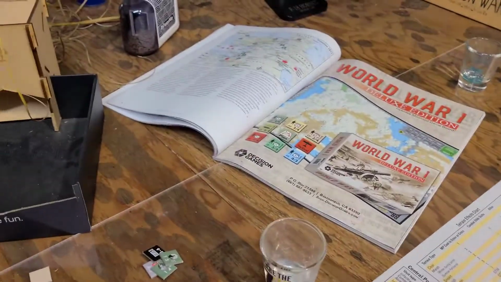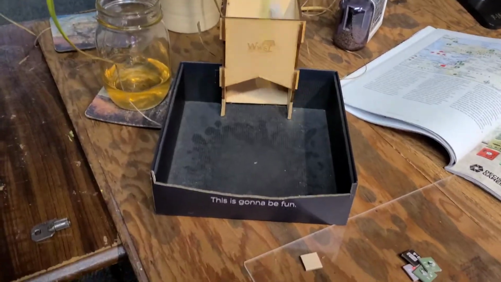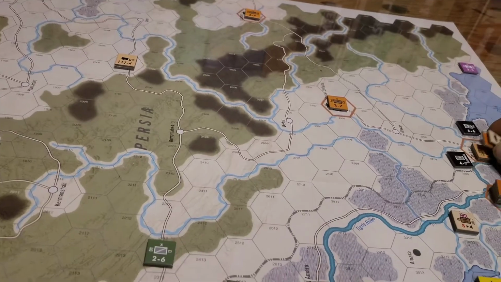Alright, we're ready. Up. Foul from the tree. Another foul from the tree. Oh, that one made it with a 5. Ooh, could be a good attack for the Ottomans. Defender eliminated. Alright, so that will definitely...